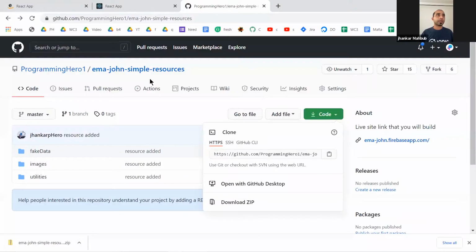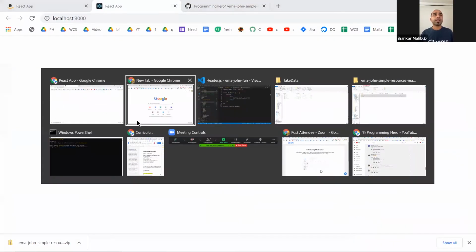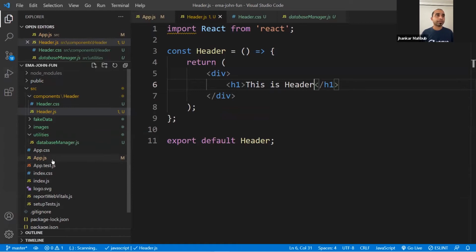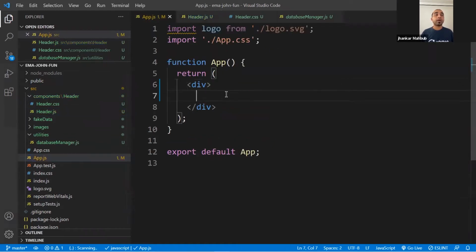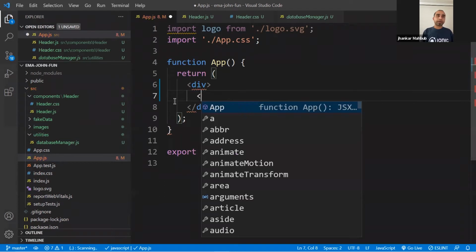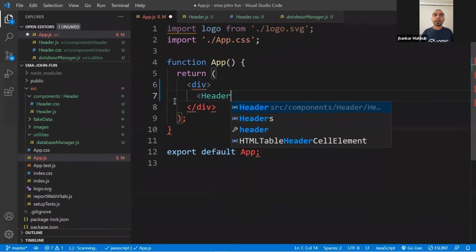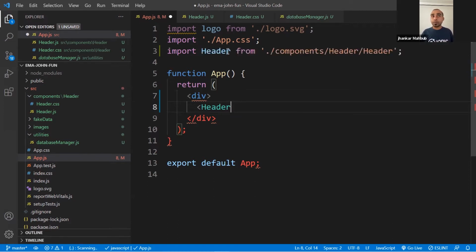If I go here, it is right now empty, and if I come here inside app.js, what we can do is call that header component. If you just type an angle bracket for the component and then type header, you will see, if you have auto import installed, that means if you install React snippets, and you just press tab, it will auto import that component.